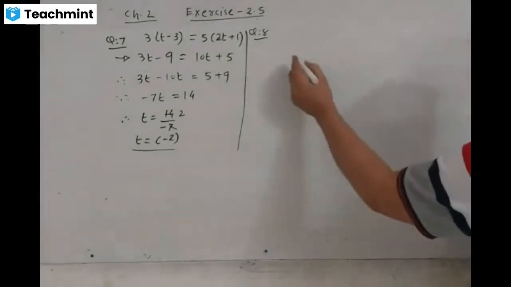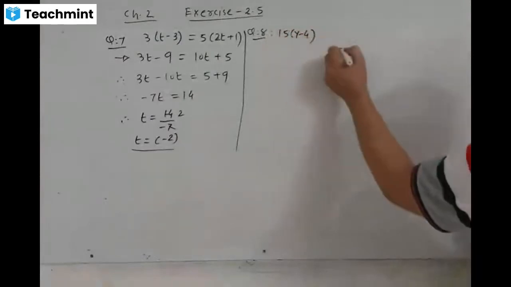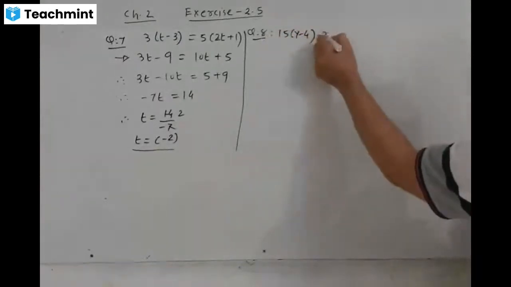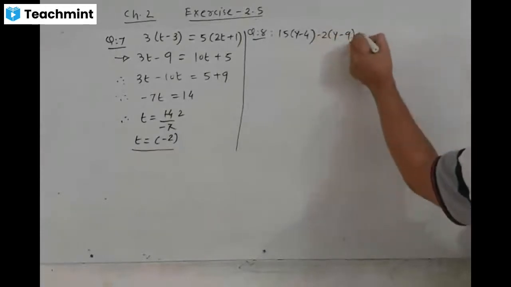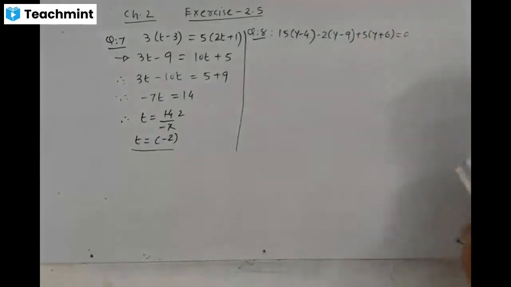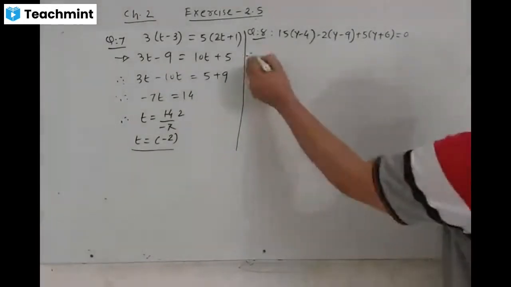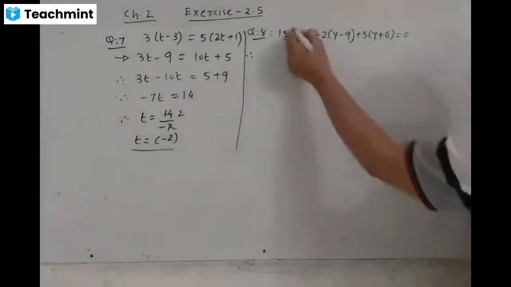Question number 8. 15 into y minus 4 minus 2 into y minus 9 plus 5 into bracket y plus 6, that is equal to 0. Okay? How to solve? Apply distributive law. Here first 15 multiply with y and minus 4. 15 multiply y and minus 4,